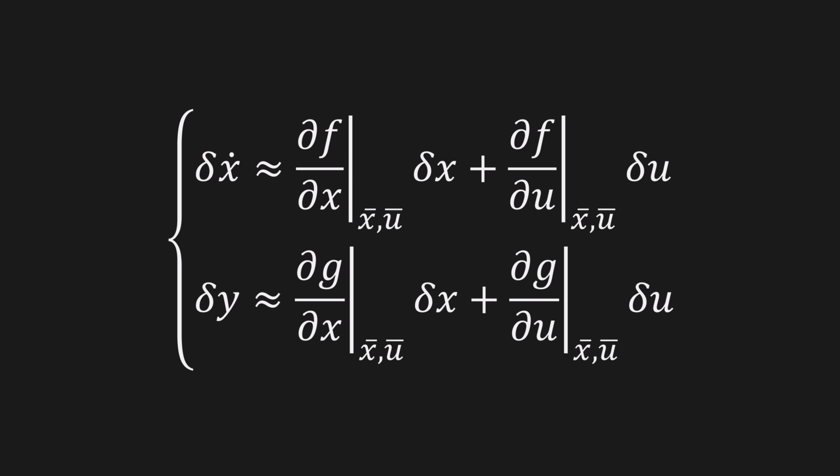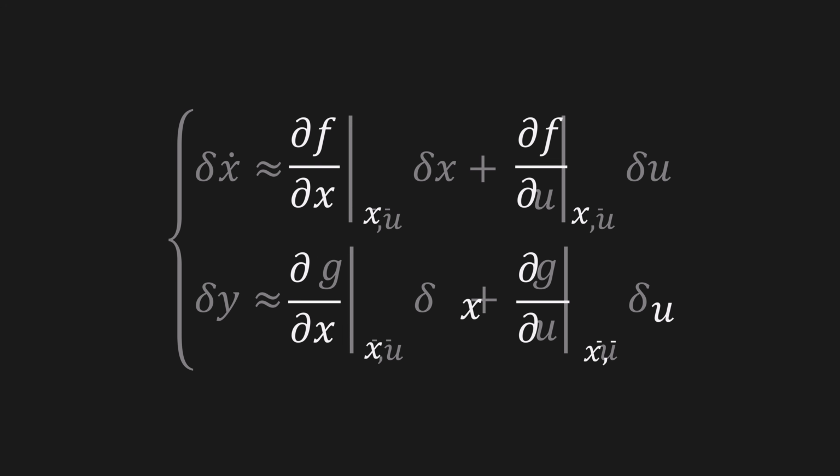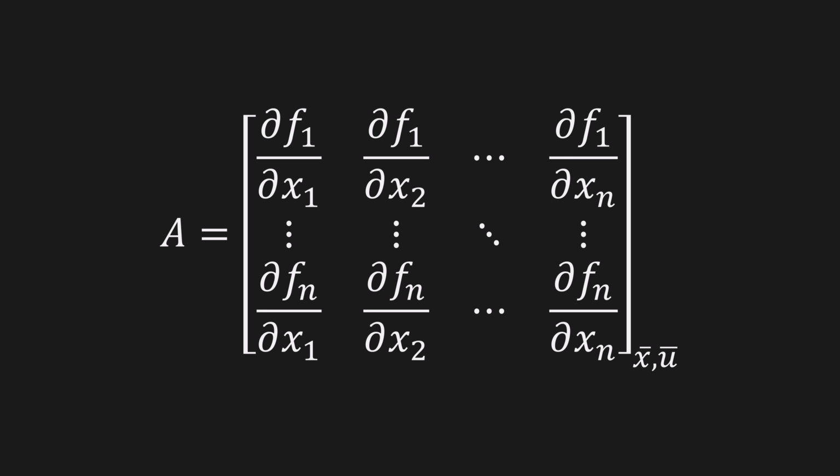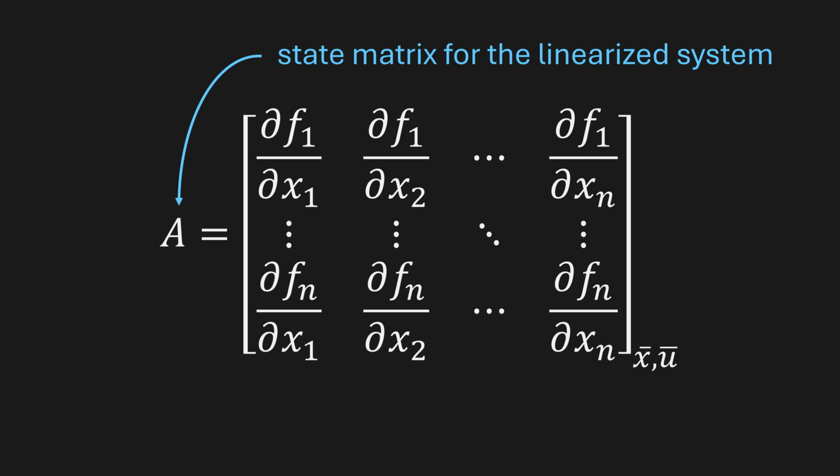Since we are considering vectors, the partial derivatives are actually matrices. Right now we only care about the state matrix of the linear system, which is actually just the Jacobian matrix. By using the same logic, we can also obtain the matrices B, C, and D for the linearized system. If the system is time invariant, then these four matrices are made up of constant numbers, since we are analyzing in an equilibrium point, which means when the input is constant, for a system whose equations don't change with time.